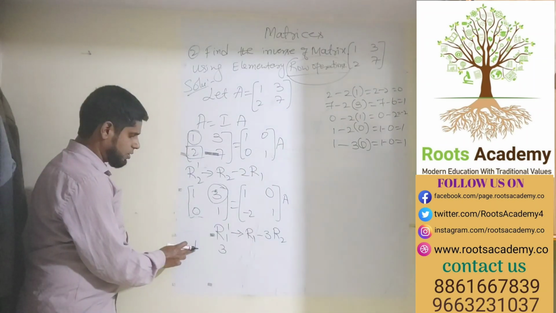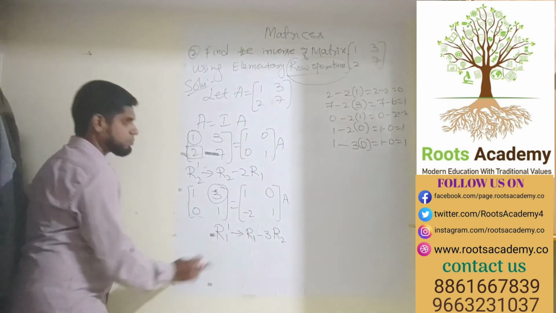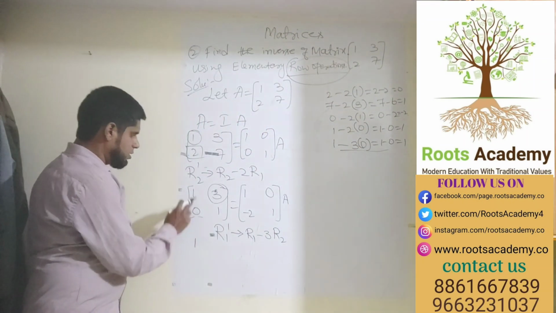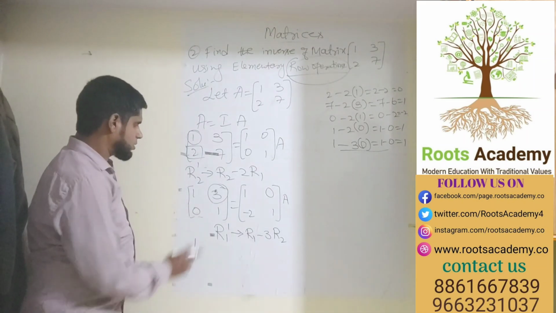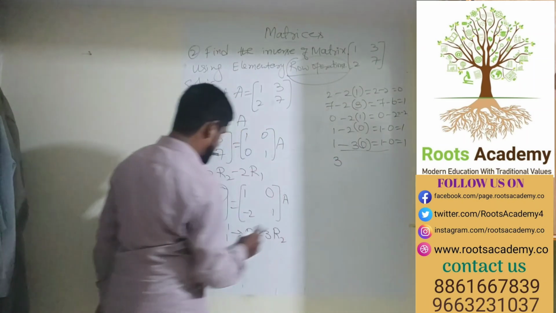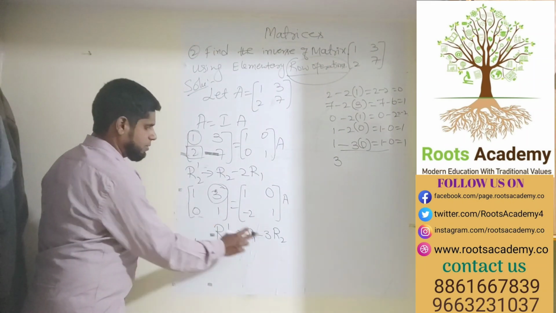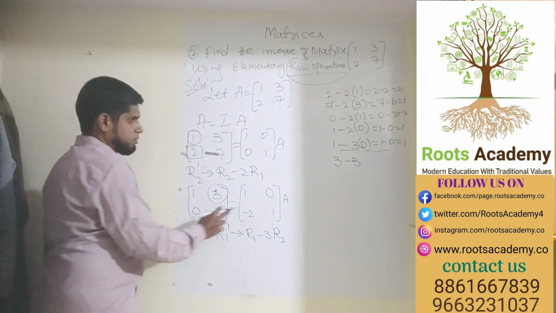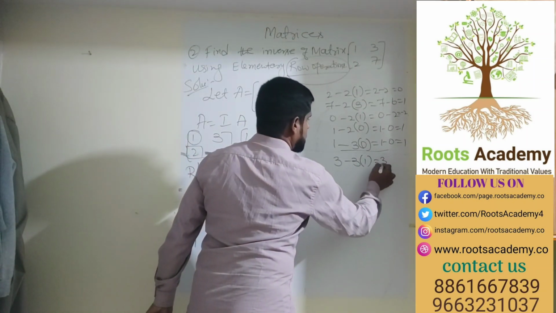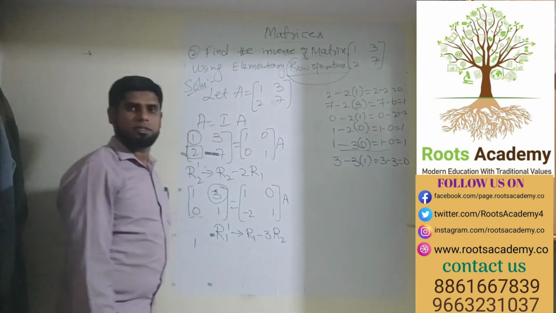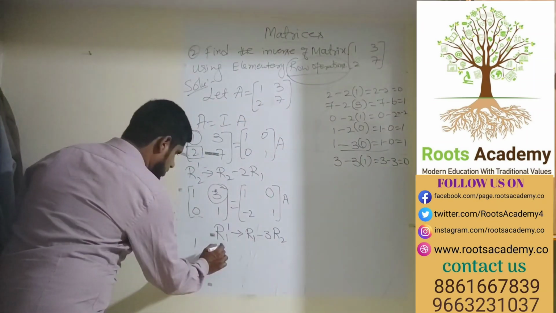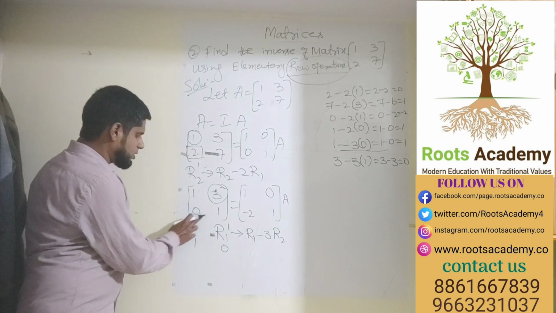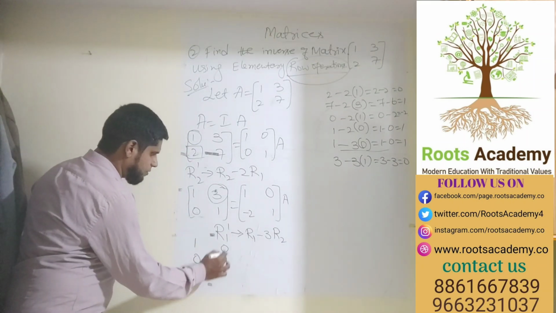Okay. So student, here it is 1. Luckily it is 1 only. Now let us come to this. R1 is 3, R1 is 3 minus 3. Now R2 is 1. So student, this is 3 minus 3. Answer is 0. So this 3 becomes 0. Now the second row as it is, no changes. I'll write 0 here and 1.